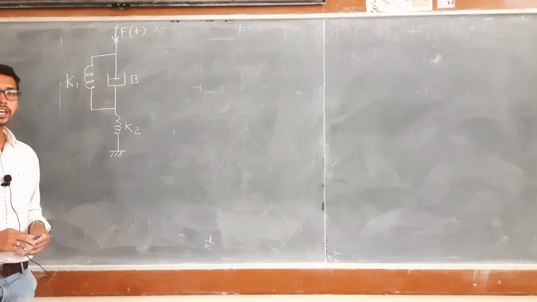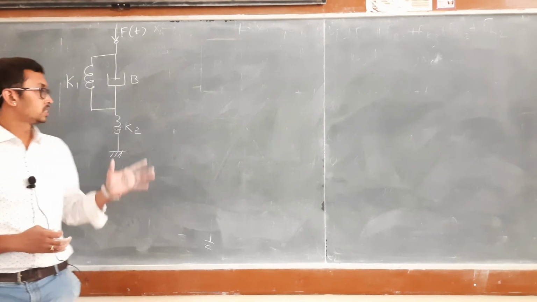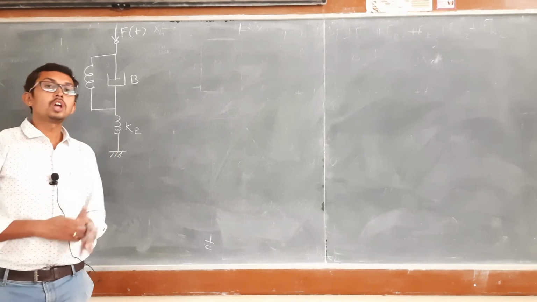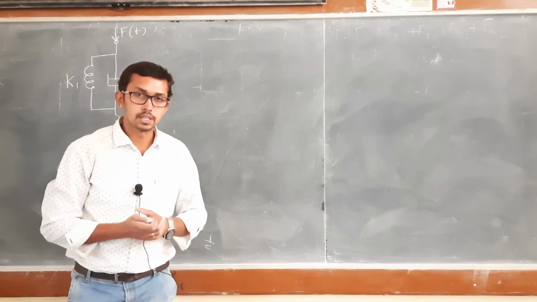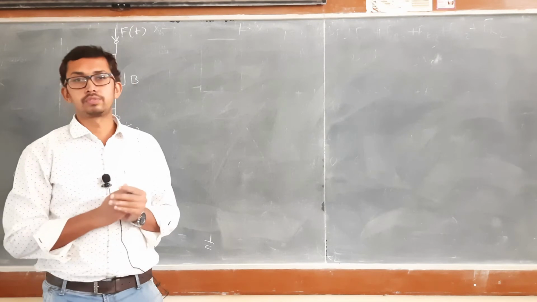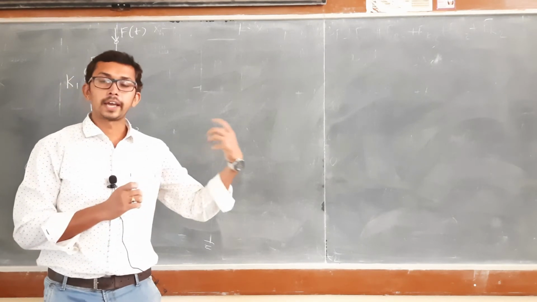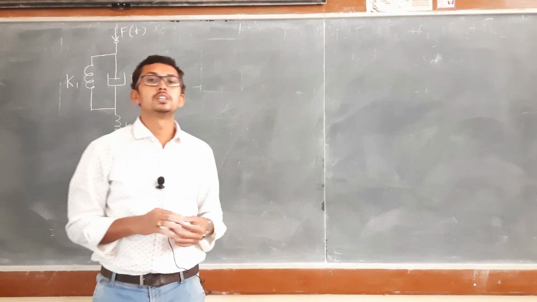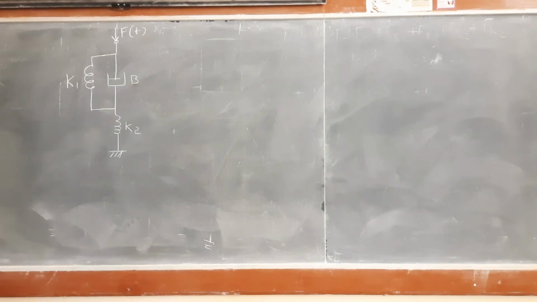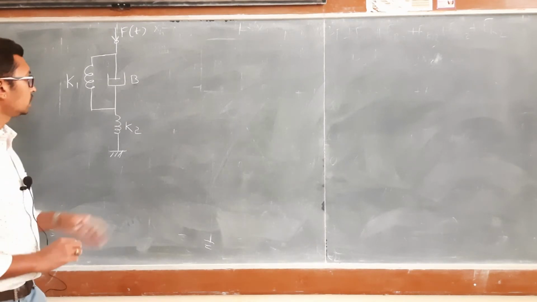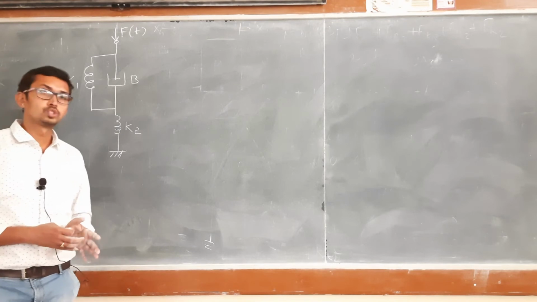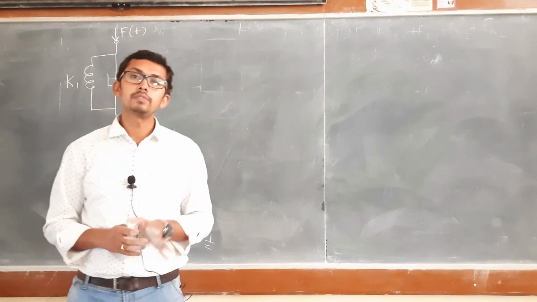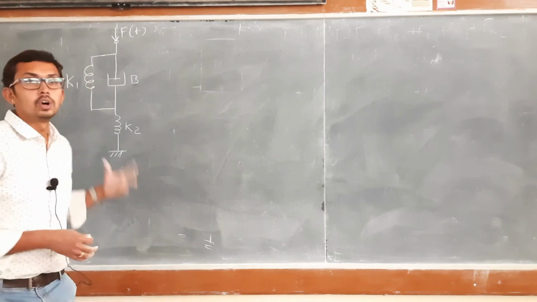Okay, so they have given another problem. This is a mechanical system. The objective of the problem is to write the mechanical network for the given system and find the transfer function. We need to find the mechanical network as well as write the transfer function of the system. In this case, there is no mass at all. As per the rules, number of masses is equal to number of nodes. So here there is no mass at all.